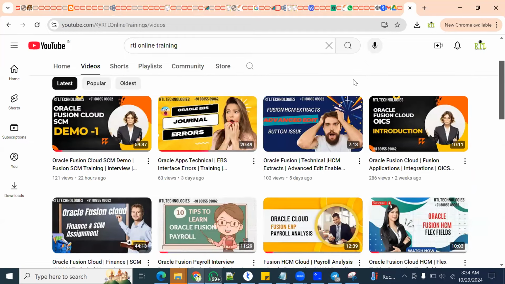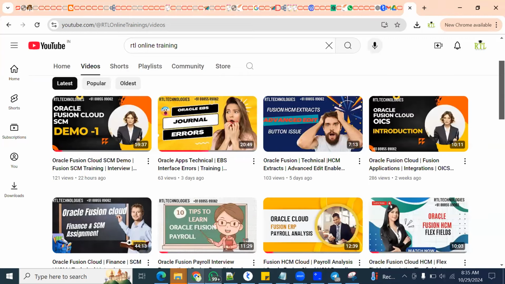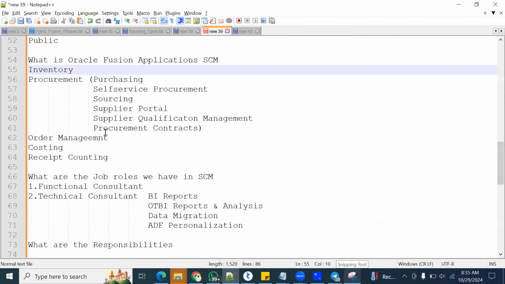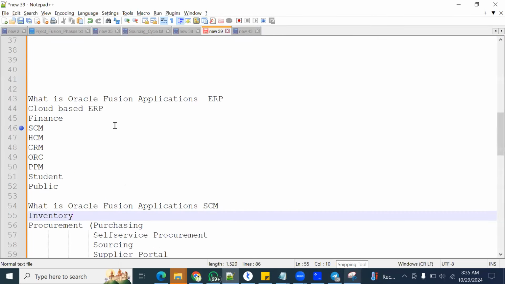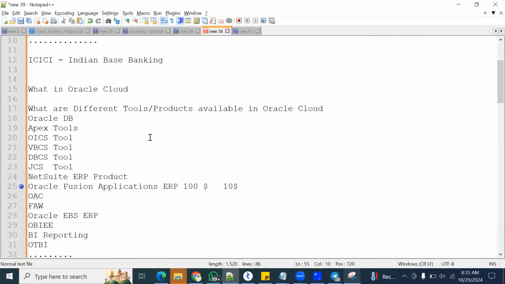Okay. So today we are going for our second demo session, and then we are going to have the third demo session. That will be tomorrow. So tomorrow we are going to have the final demo session, and then we are going to have the regular classes from Thursday onwards. Okay. So yesterday we discussed about cloud, different cloud companies, and different tools and products available